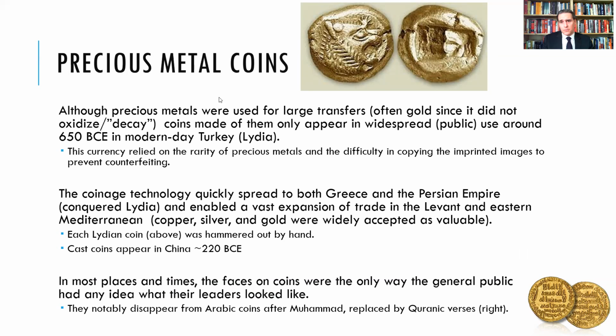What we see here at the top of the screen are ancient coins from the Kingdom of Lydia, in what is now Turkey. At the far western end of modern Turkey, in what was then known as Ionian Greece, the king of Lydia happened to discover that there were very significant deposits of gold and silver in rivers. And so he had an alloy called electrum, which was a mix of gold and silver, forged into coins individually